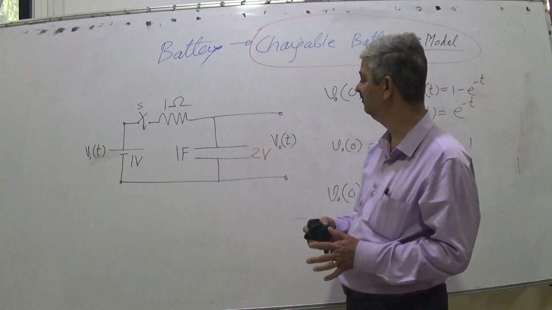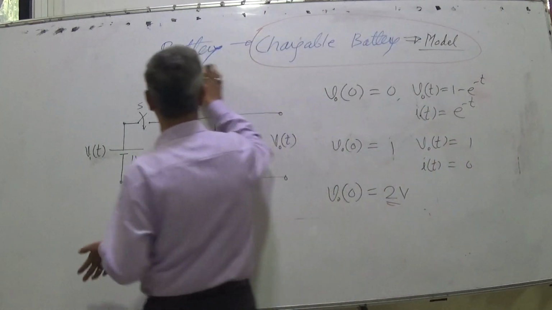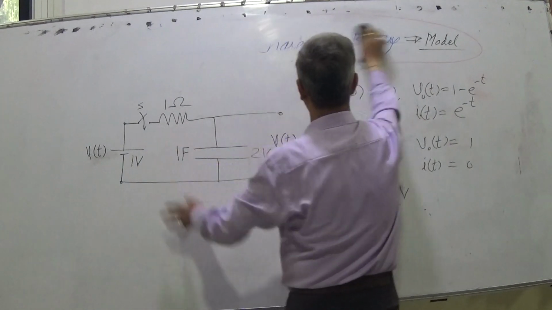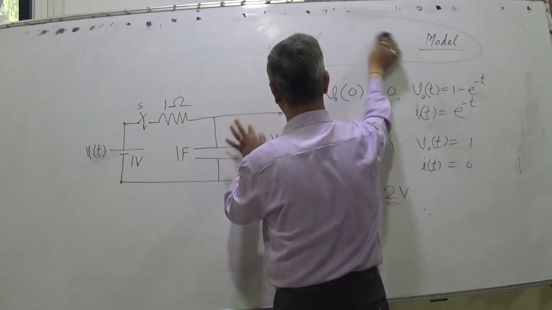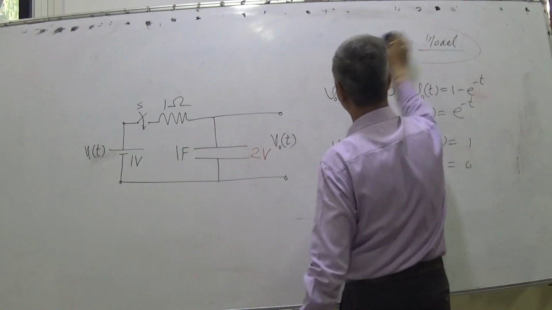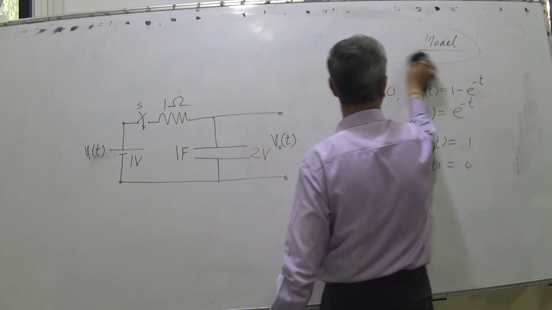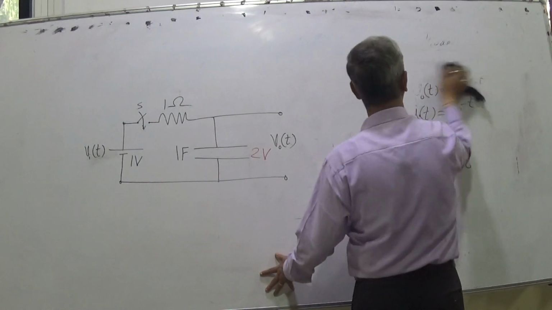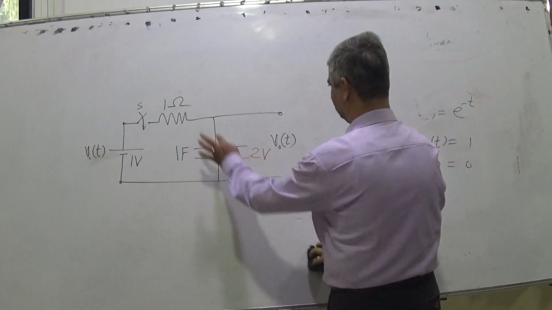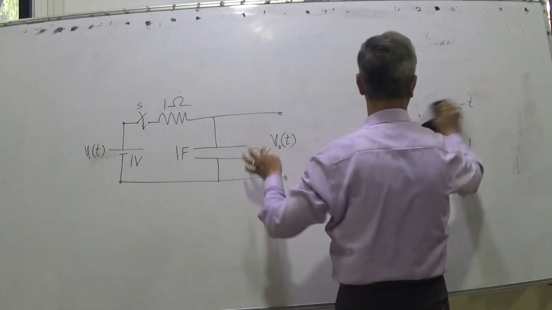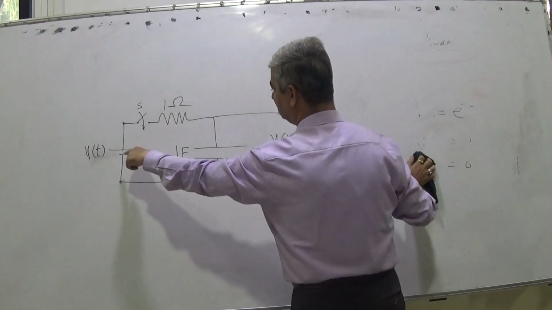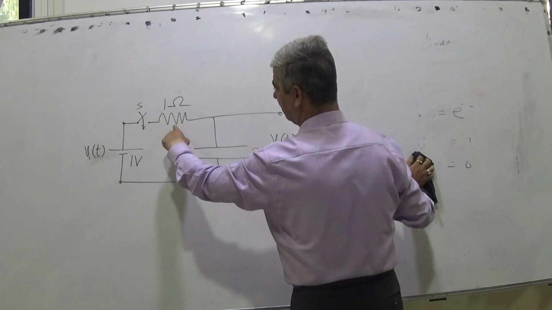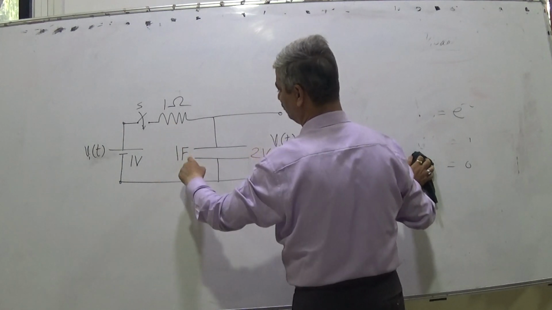So what will happen now? Let us have a very simple idea. Simple Kirchhoff's laws will work. This is a series circuit with nothing coming out. So the current through resistor is same as current through capacitor. At this node there is no diversion. So resistor current is capacitor current, and in this mesh, Vin(t) is equal to voltage across resistor plus voltage across capacitor.